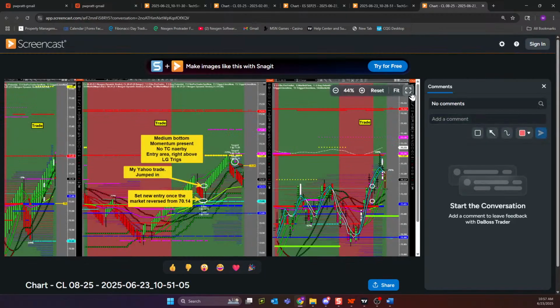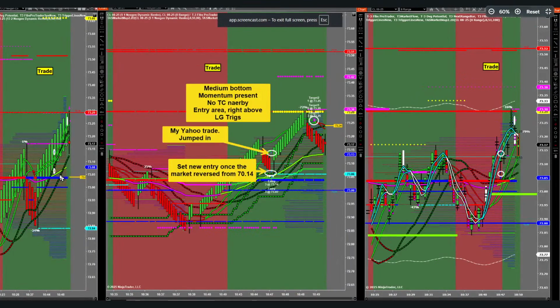Let's see what you did. Momentum. Not quite a clear path because you're trading into the divergence low. Clearly defined entry. Your Yahoo trade. You jumped in. Catch it on the way up. Odds favorable momentum on 3 charts, Alex. So